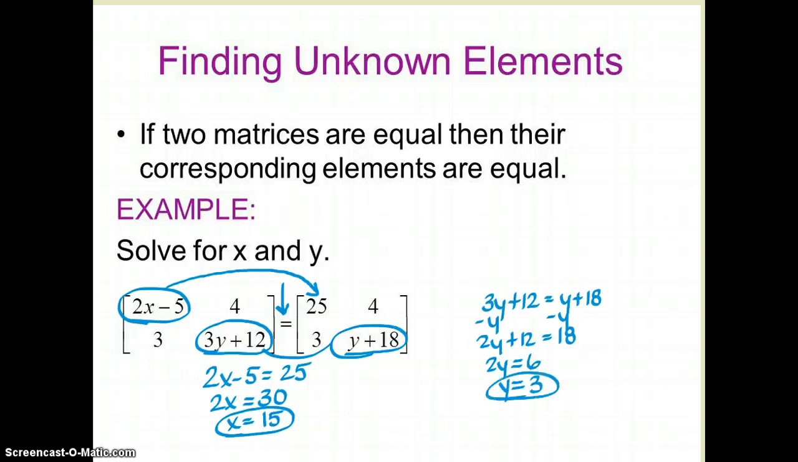Now in this case, if you wanted, you could plug that back in, although I wasn't asked to specifically in this problem. You could find a numerical value for that fourth element in your matrix by plugging 3 back into either